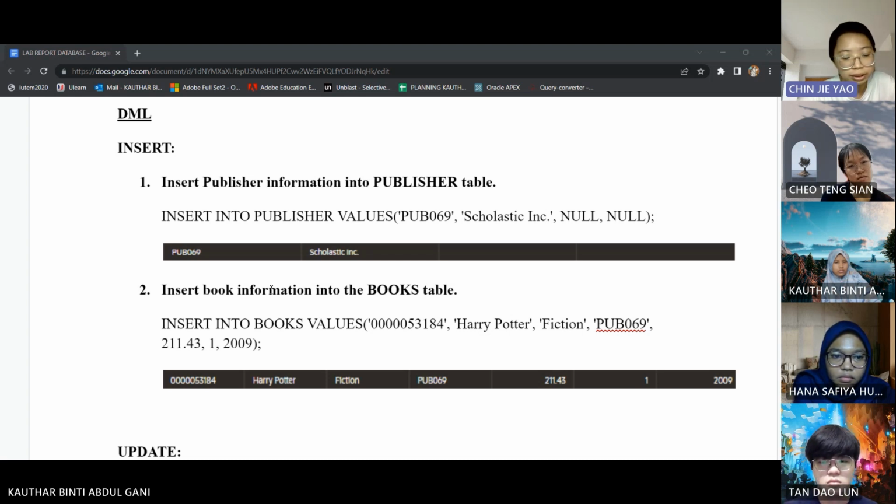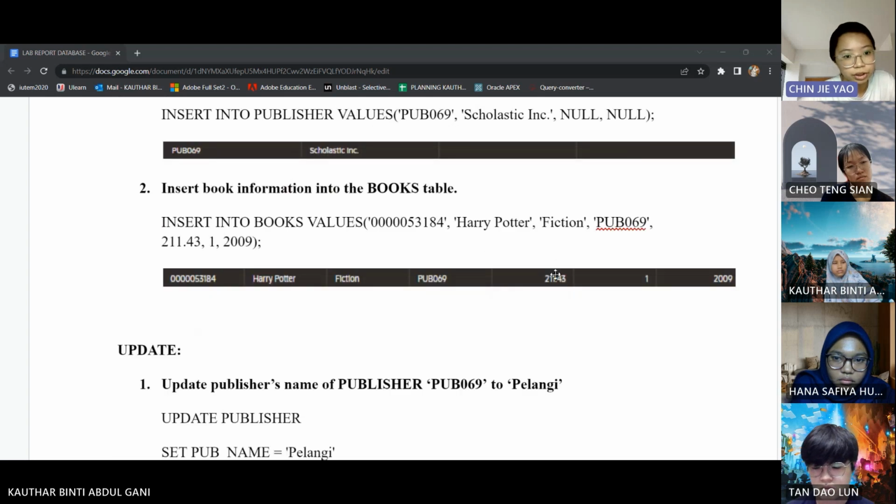So the result will show PUB 069, Scholastic INC and now. For the second example, which is to insert book information into the books table, we insert into the books table values and the result is shown below.